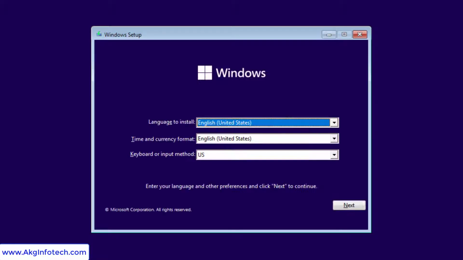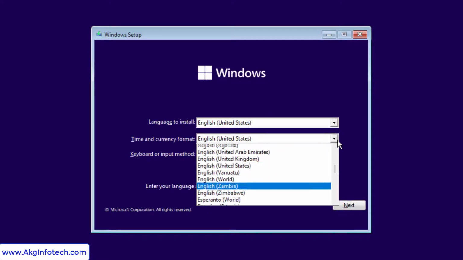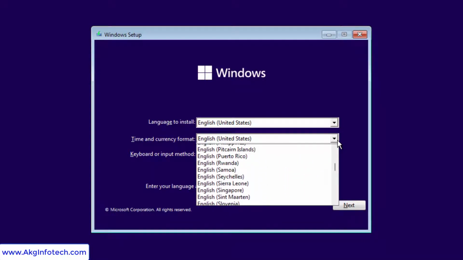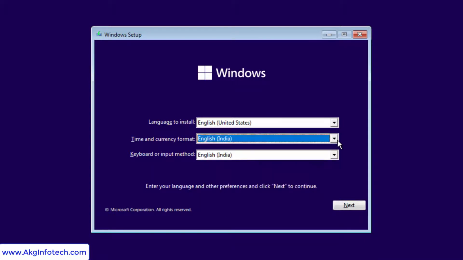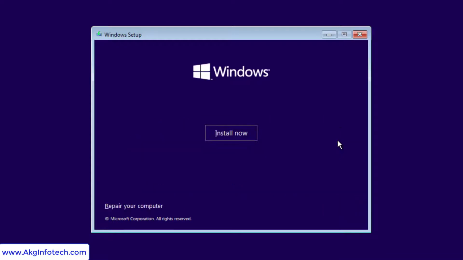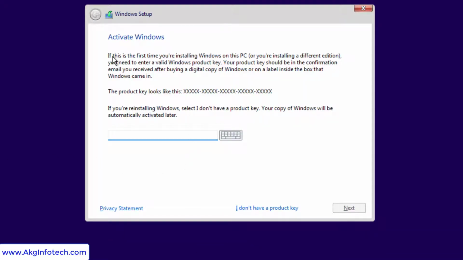I have inserted the ISO and selected the flash drive as my first boot device. The first screen we see seems to be a classic window having 4 simple squares with blue color in it. During the Windows setup, it will ask to select your preferred language. Here I want time and currency format to be English, India, and click next. Then click install now. It will ask you to enter your product key, which I do not have right now and will enter it later.